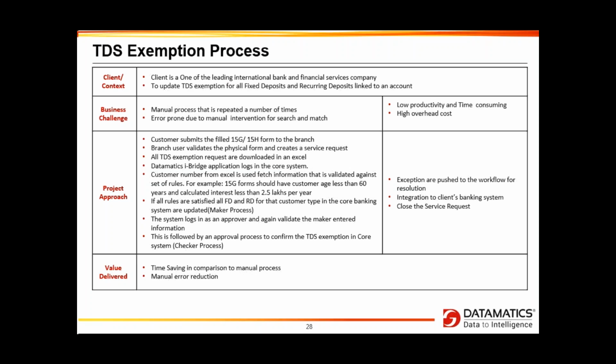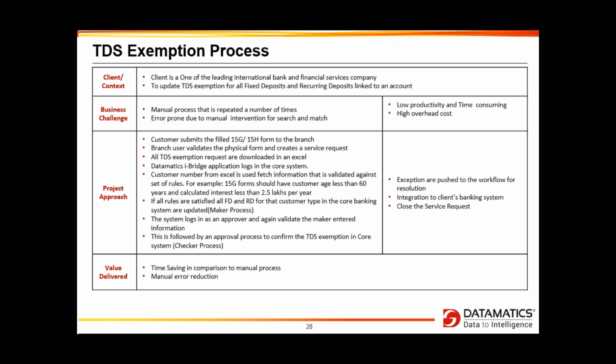One of the processes is the TDS exemption, which is very peculiar in India, and this exemption has to be given on time, and they have to mark it in the customer account. The customer might remember only one of the accounts, but from the customer ID we can find all the accounts, and derive the interest payable to that customer automatically in the core banking application. It will also find out the age, as mentioned in the core banking. He might say a different date of birth, but it is based on the age. And if everything is met, then it will mark that, okay, don't deduct the TDS on the interest payable